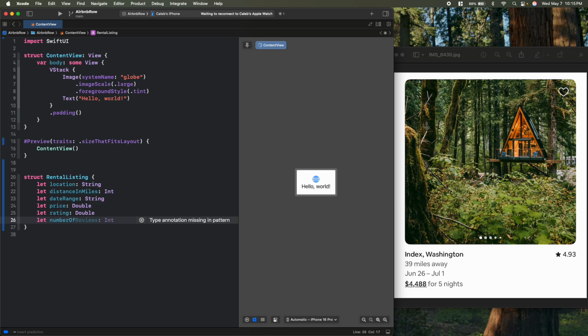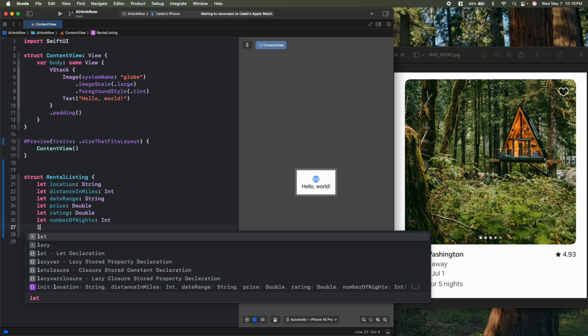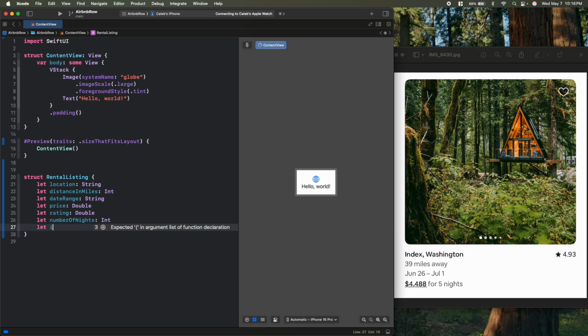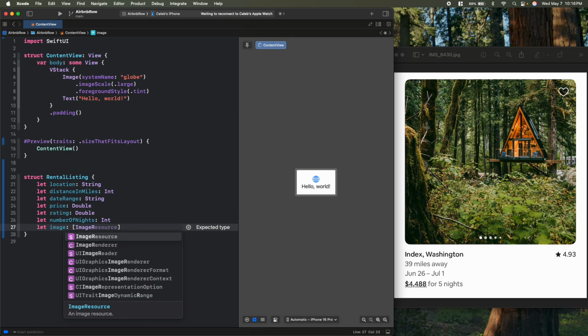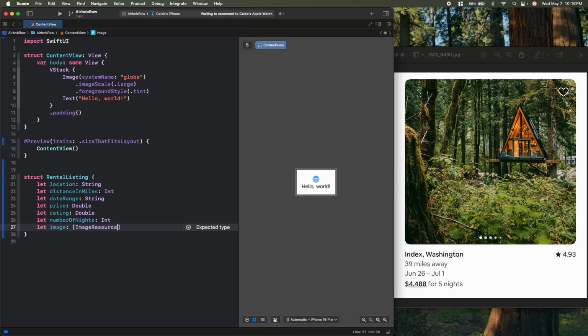So I did code this up earlier really quick, and I post on LinkedIn, and I'm just kind of referencing that I did earlier. So I'll do that, and then we're also going to create a constant for images, and this is where we're going to use an array of image resource. So just an image resource, which is what we have in our assets, and it's really nice to use that. So with that done,